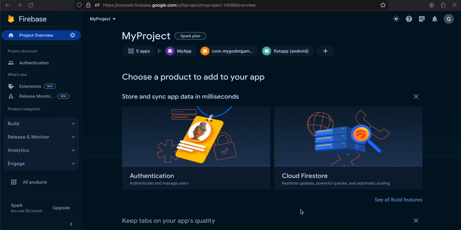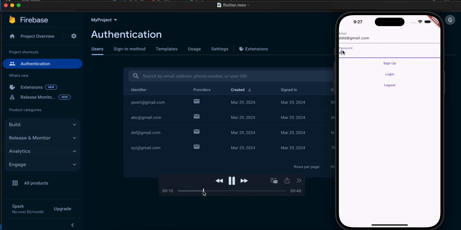I will show you how to integrate Firebase email and password authentication inside your Flutter app. First, just create your Flutter project. Once you create a Flutter project, I'll show you the output first. Here you can see I have an email and password field, and I'll enter some email and some password, and if I click on sign up,